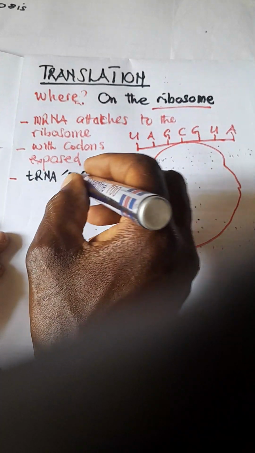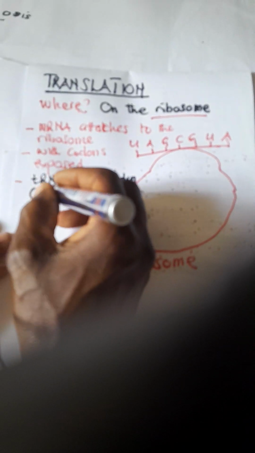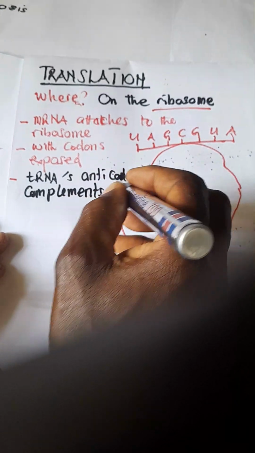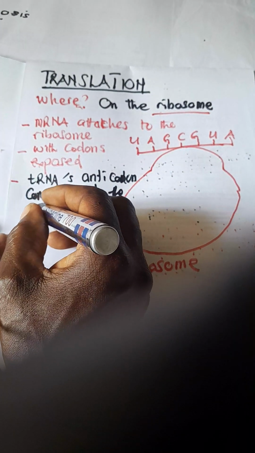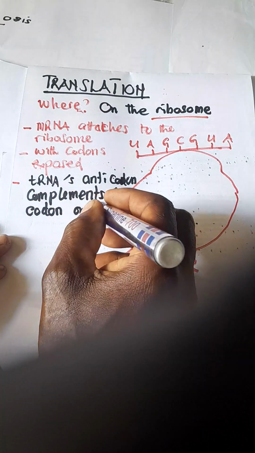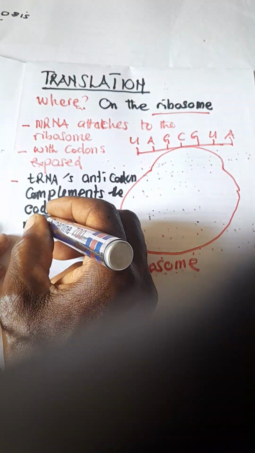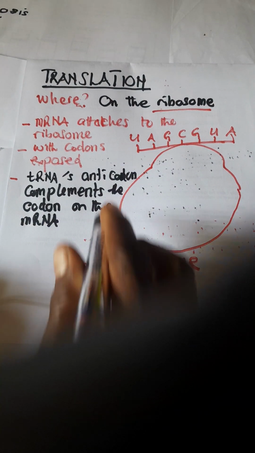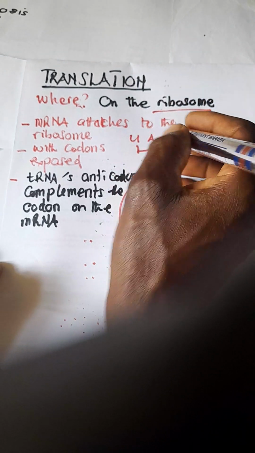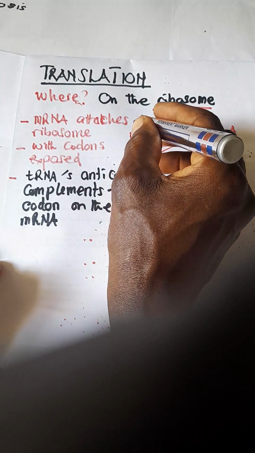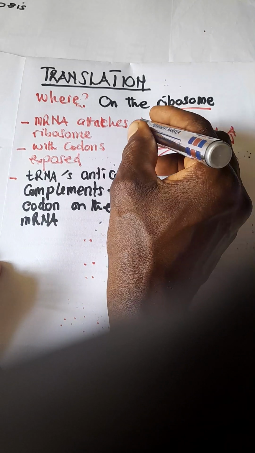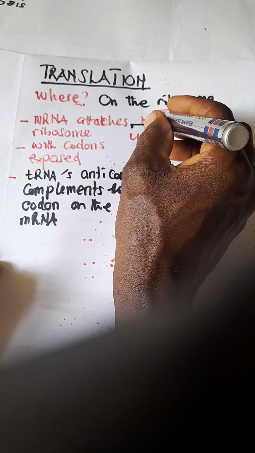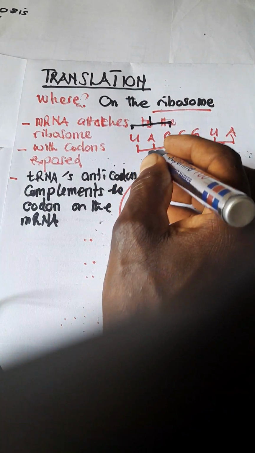Anticodon complements. I'll explain this one here. It complements the codon on the mRNA. What does it actually mean here? Here we have UAC, right? So when the tRNA comes to complement the codon on the